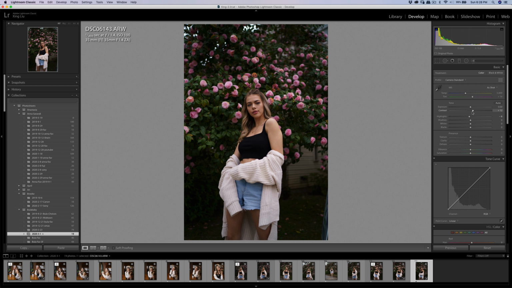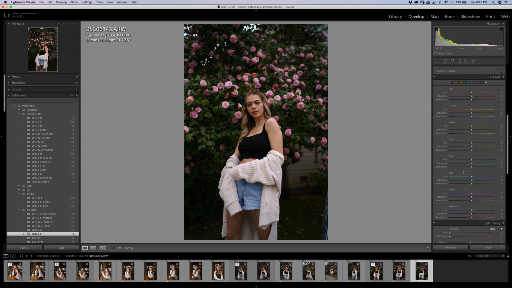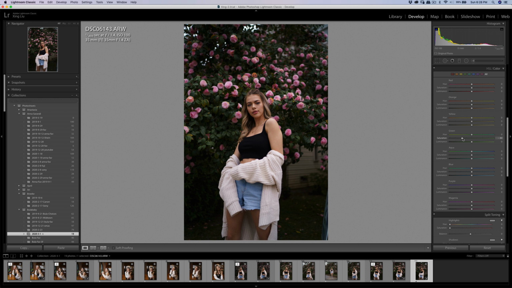I'm just gonna leave that a little bit because I'm trying to make sure the overall feel is good. And also I can copy the previous exposure, but for now I'm gonna reduce the exposure a little bit more. You can see that the saturation of the green, I desaturate it, and then the next one is the yellow, desaturate the yellow,